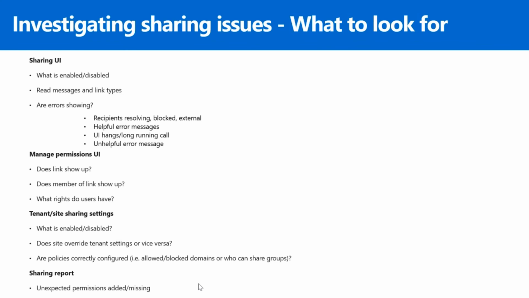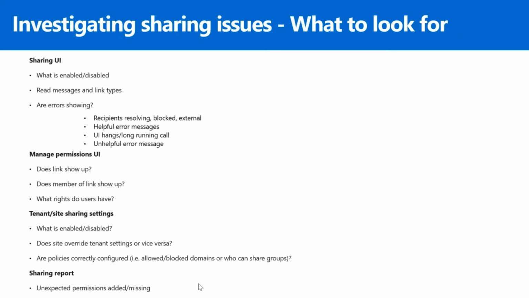Then we look at the next set, which is the manage permissions interface. Does the link show up? Do the users have the right access? Do they have the right permissions or rights to the link they were trying to access? Are we able to see members showing up against that resource? Then we go